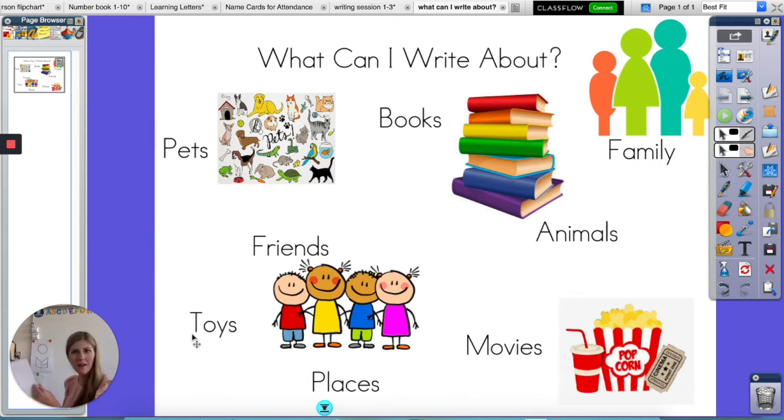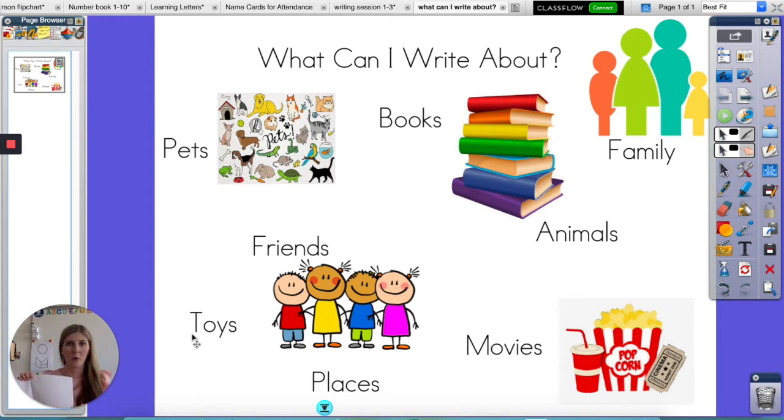Wow. So when I went through this, I said, okay, on my cover, this is what's going to happen here. My first page, I want to write about this animal. My second page, I would love to write about this animal. My third page, this animal's going to be talked about here.